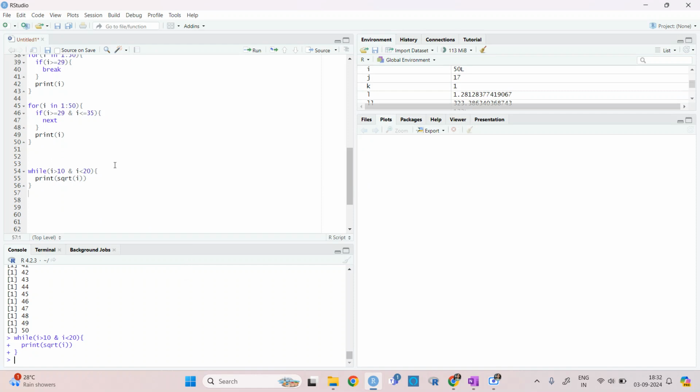Why is it not printing anything? Sorry, we need to give I in here. So let's say I is equal to, if I give, let's say, 1 to 50.